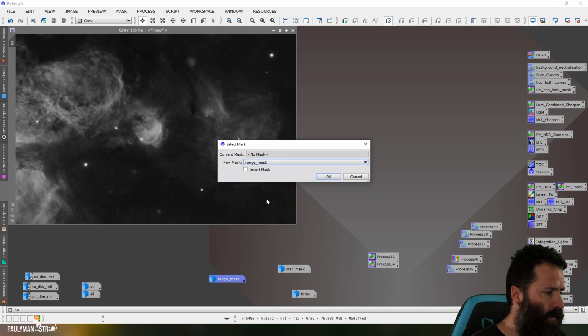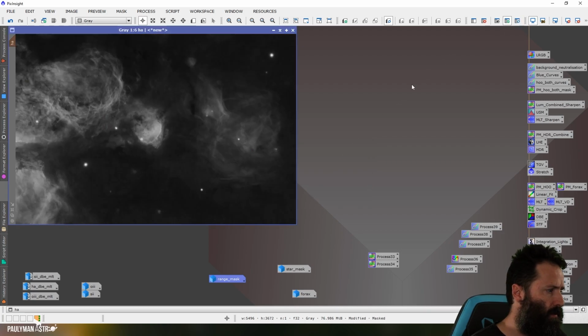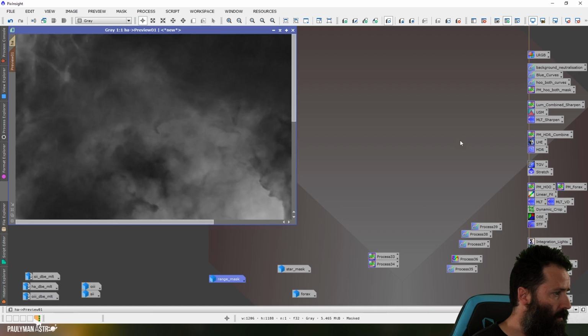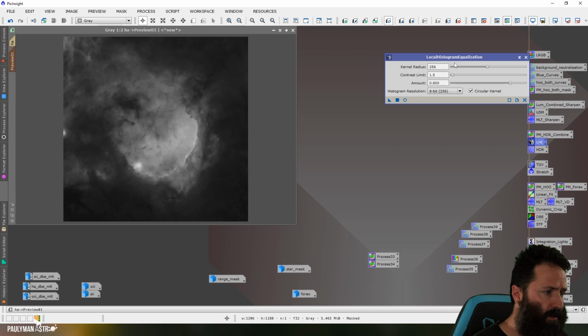Now I can choose the range mask, and then I can show and hide it up here, because I don't actually want to see it. And the reason I'm doing this, what I want to do is start doing some local contrast enhancement to further make this nebula pop. So what I tend to do is I start really low and at the maximum contrast and the maximum amount. Often this is too much. So if I try this, so at this low amount, often what you'll see is